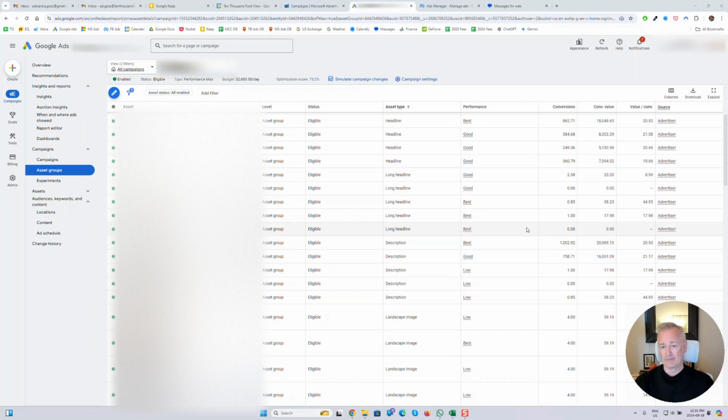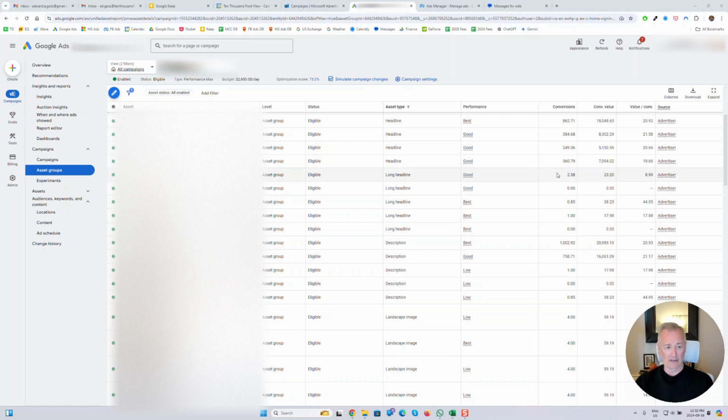But not great, right? You never really had a great sense of if low meant that particular asset was not running much at all, or if it was running a lot and just not performing, or really what was going on. So with the new conversion numbers, you do get conversions, you get conversion value, and you get value per conversion. Unfortunately, you don't get any ROAS, but such is life. But the main numbers, conversion value and conversions, you can now eyeball very quickly,